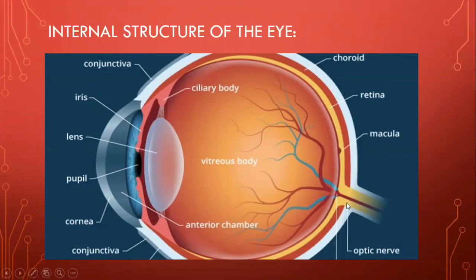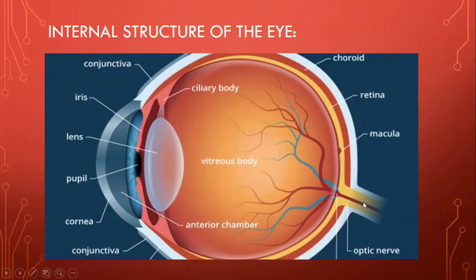Then this is labeled as the optic nerve. The optic nerve has both sensory neurons and motor neurons, and it is connecting this to the brain. The optic nerve takes the nerve impulses in the form of electrical impulses whenever light falls onto the retina and photoreceptor cells convert this into nerve impulses. The optic nerve also plays a huge role in the pupil reflex, which we have already discussed in the other video.